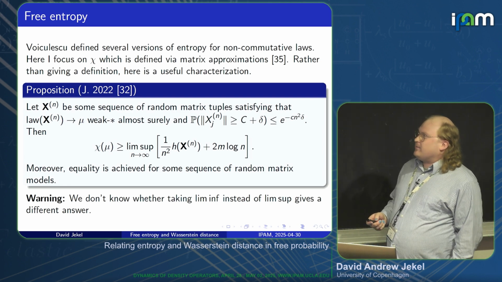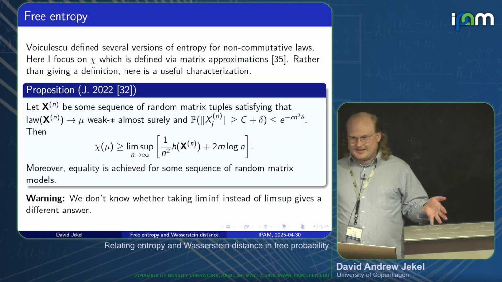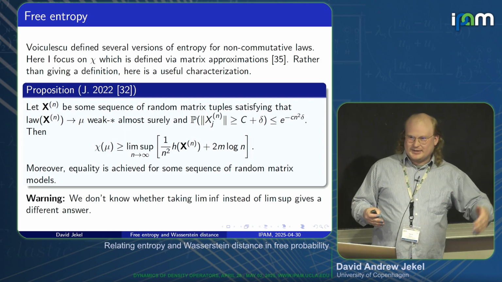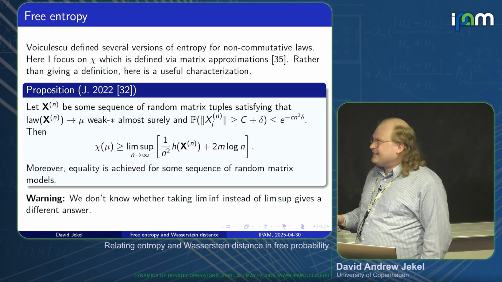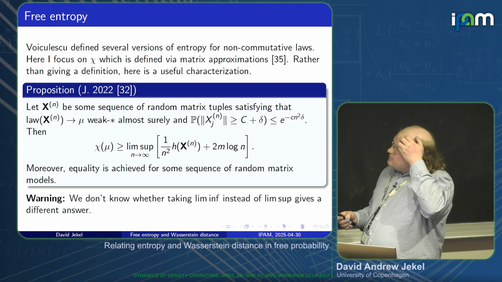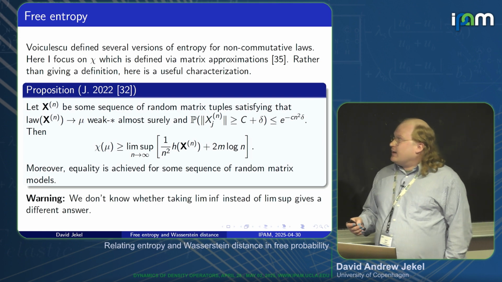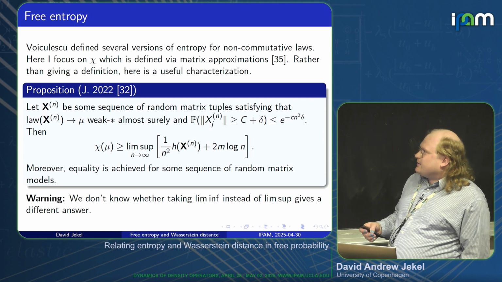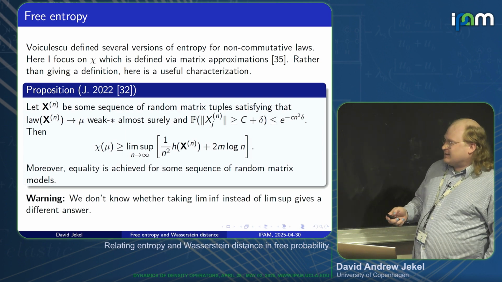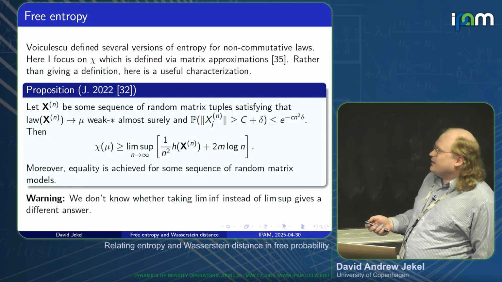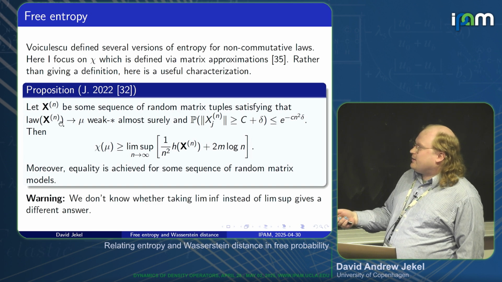So there are actually several types of entropy, which we don't know whether they all give you the same answer. Voiculescu came up with several different definitions, so we have a zoo of choices of entropy as well. I'm going to focus on the one which is more closely related to the matrix models, the so-called chi. I'm not going to write the technical definition, but I'll tell you one way that you can describe it, which is maybe intuitive for this setting: if you consider some random matrix models, and if the laws of them